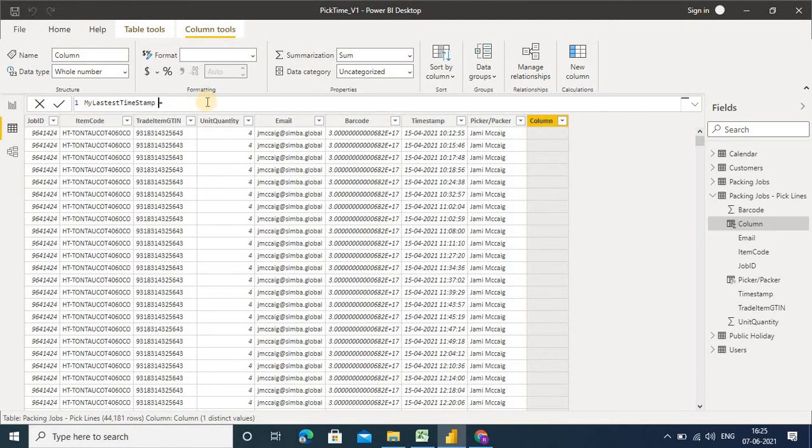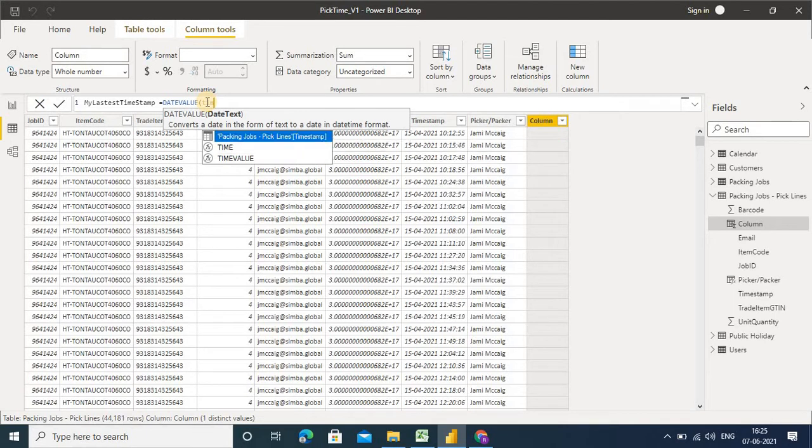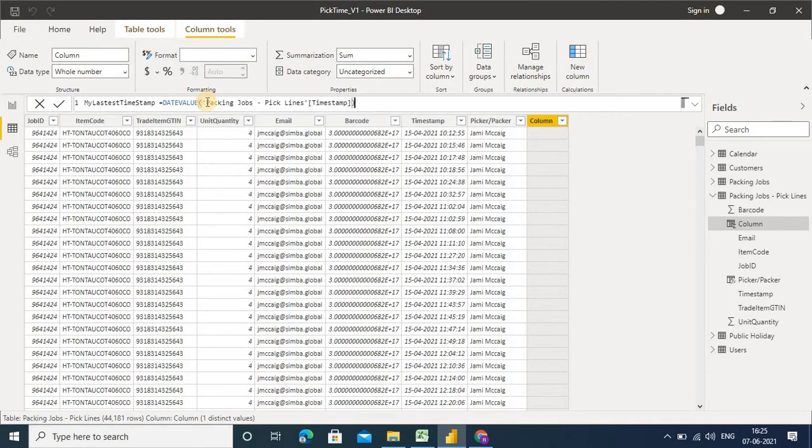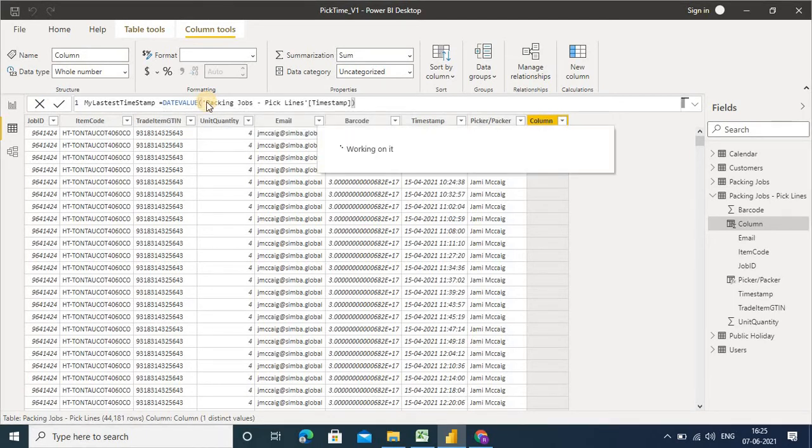Now apply the date value function here. So it will take only the date from date and time. You can see here.